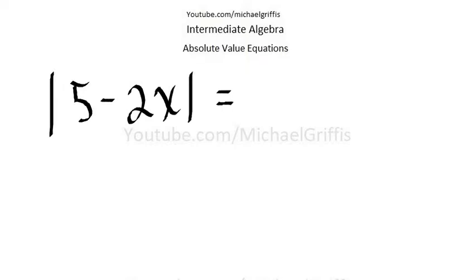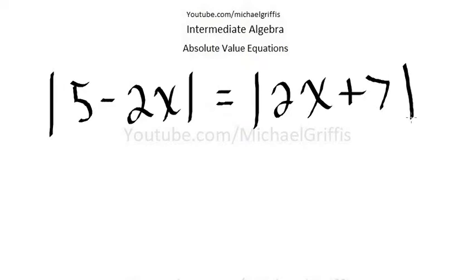Hey, we're working absolute value equations. Here's a little different one than what we've been working. Let's say we've got the absolute value of 5 minus 2x, and it's equal to the absolute value of 2x plus 7. Now that looks different. What I'm going to do is go ahead and